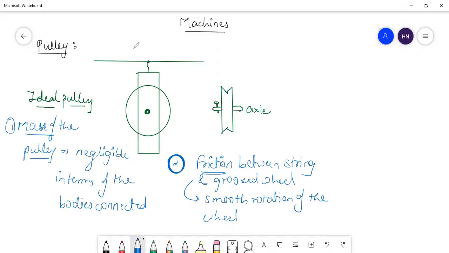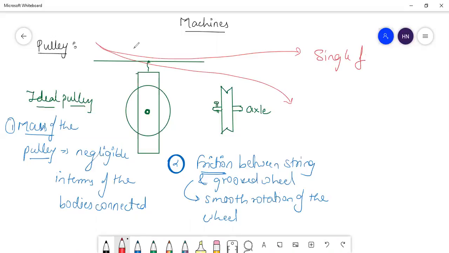Is this much part clear for your basic pulley system? So that's just a basic construction. Beyond this, we are going to understand two types of pulleys. One is called a single fixed pulley, and one is called a single movable pulley. So these are the basic pulleys which we can use in the system. Both are simple machines.